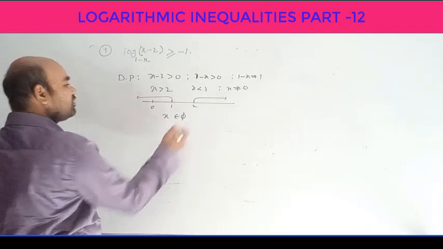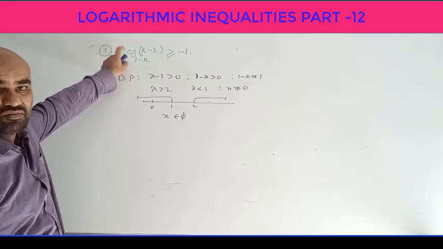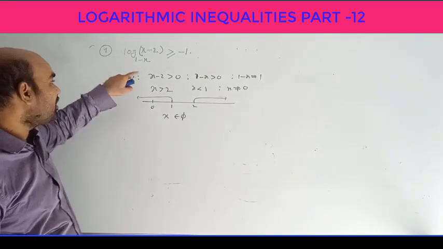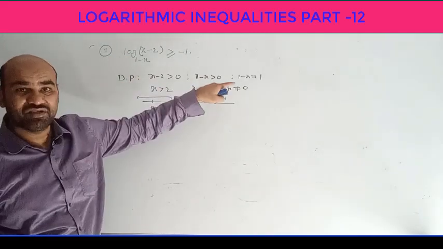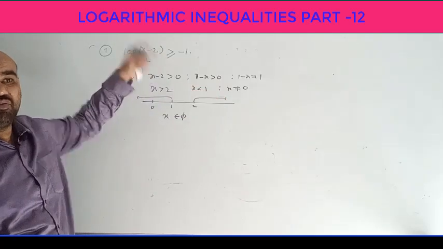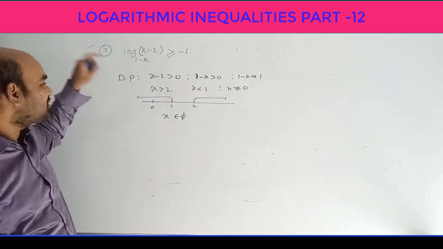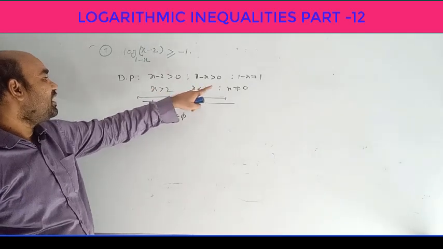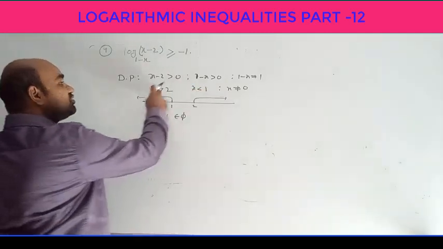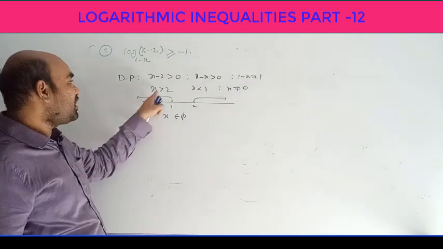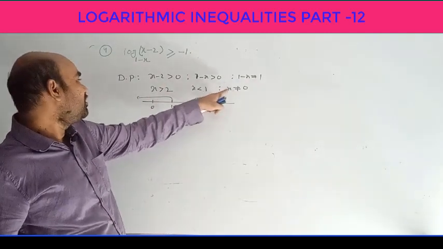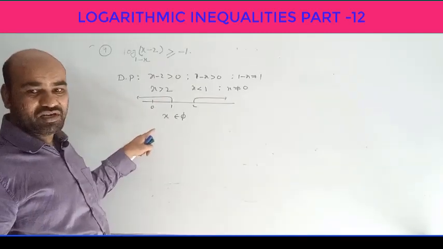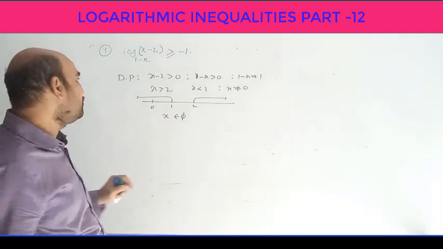The meaning of this is we can't solve this problem. There should be a common x which satisfies these three conditions, and only in that domain can you solve the problem. But it is saying x is greater than 2, x is less than 1 and x is not equal to 0. All three should intersect. These two are intersecting, but all three are not intersecting, meaning x belongs to the empty set, no solution.